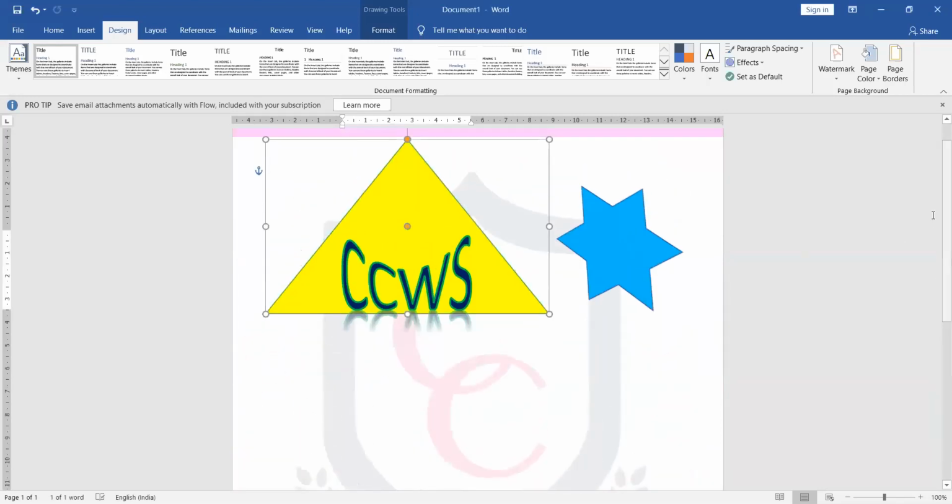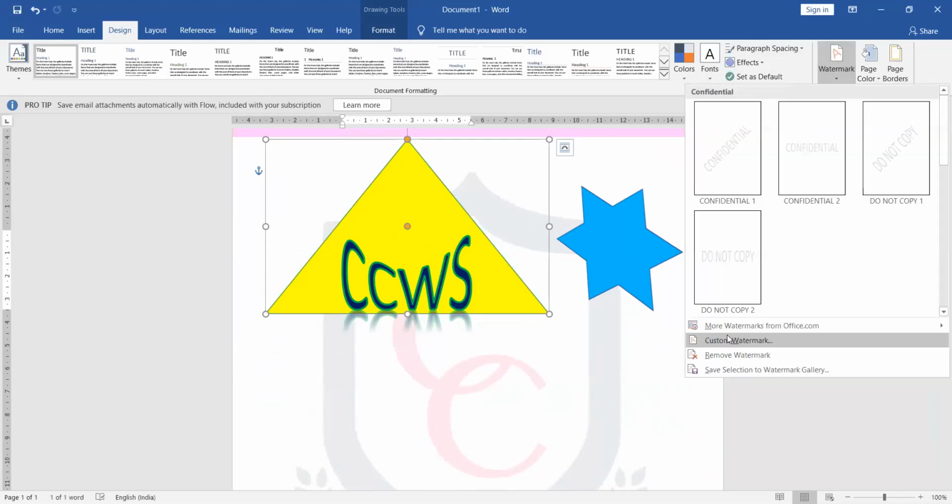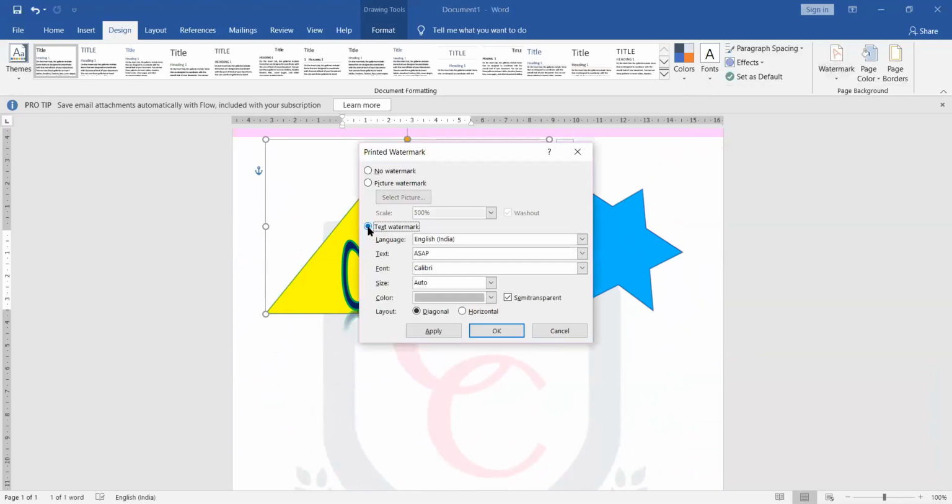And if I have to change this, supposedly I don't want this, then what I can do, beta, is click on this Custom Watermark and then click on Text. Right now the text is ASAP, but you can change it to anything. Font styles, anything you can choose. And then the text will be CCW, suppose I'm writing here.